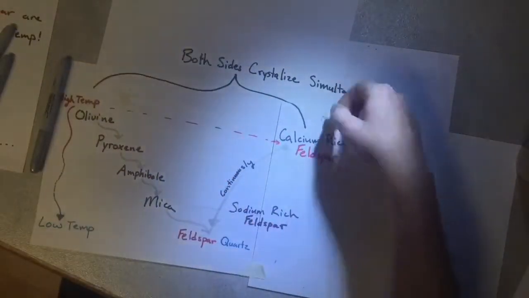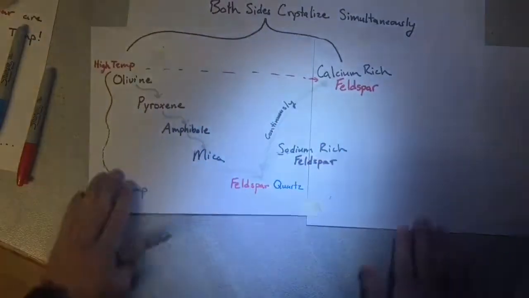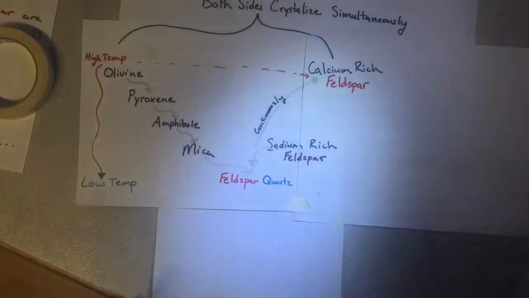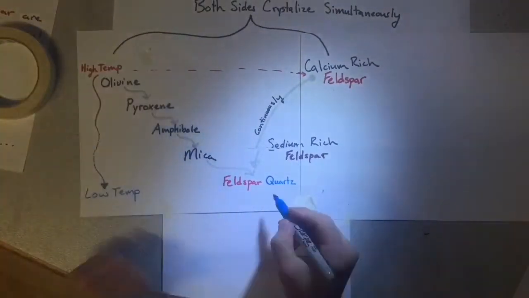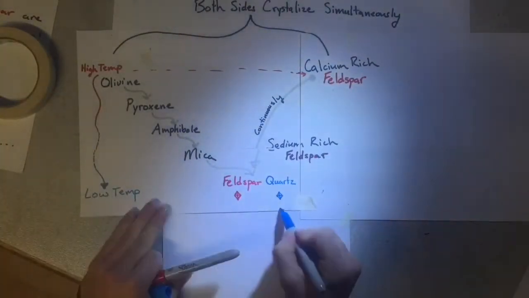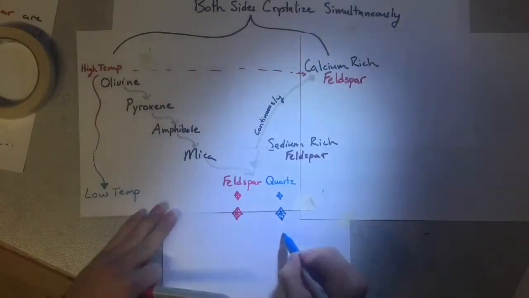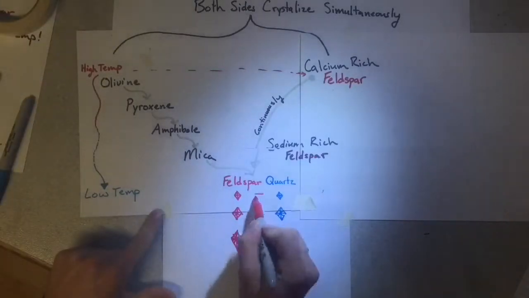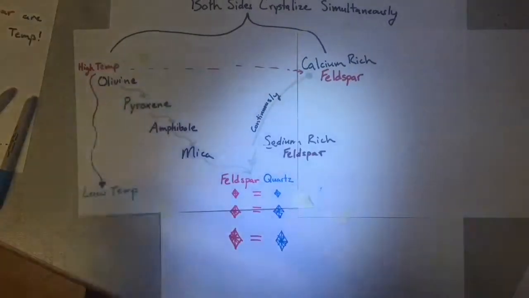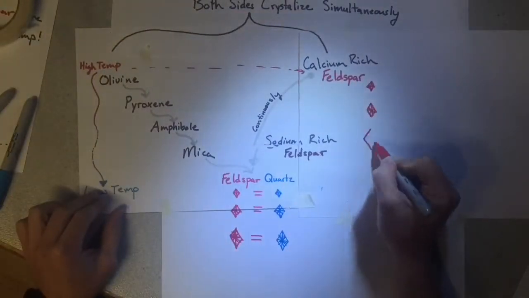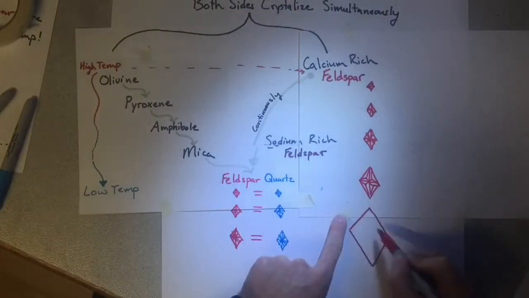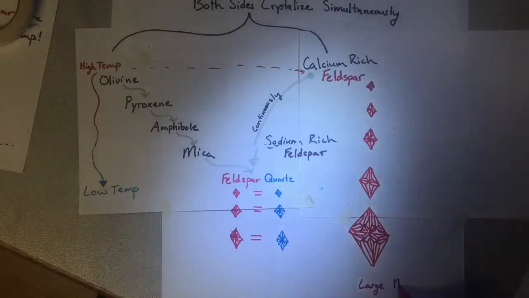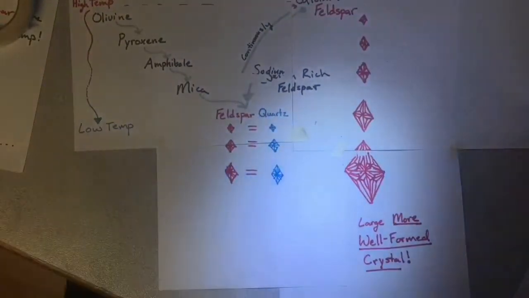If you recall back at the beginning of the video, we mentioned that the book says feldspar and quartz are made at the same temperature, and we said that was true. Because down here in the low temperature ranges, they can be true. So when we have quartz crystals and feldspar crystals, over time, these can grow and they will mature into well-shaped crystals. But they're going to be growing equally because they start at the same time. But if you look all the way at the top here, feldspar can start way before quartz can. So as time goes on, these can grow and grow and grow to be very, very large